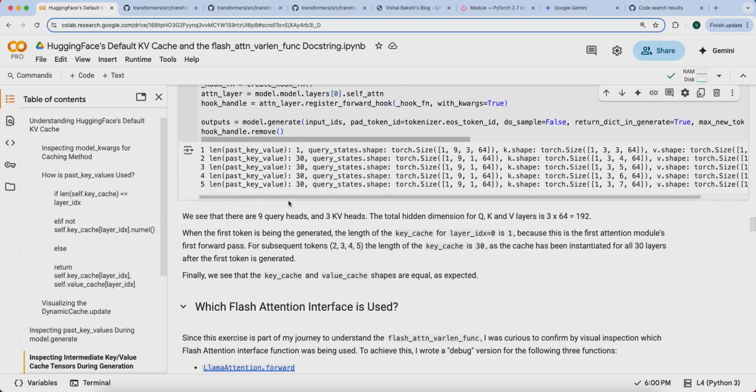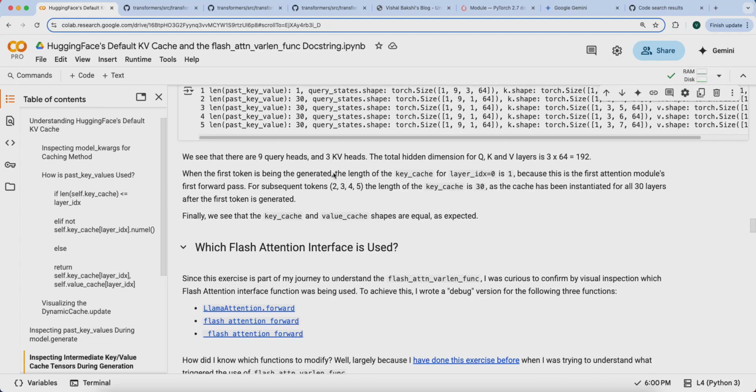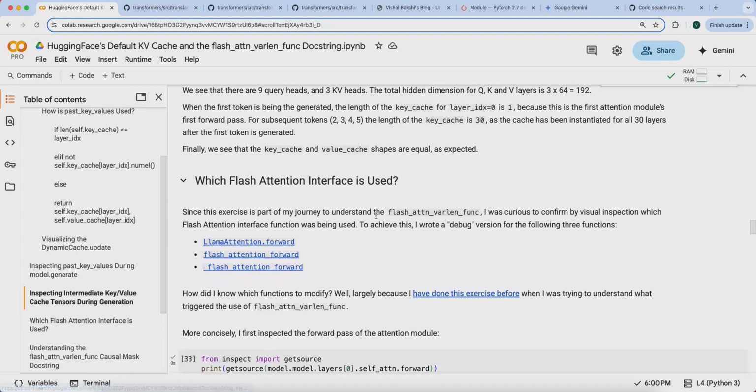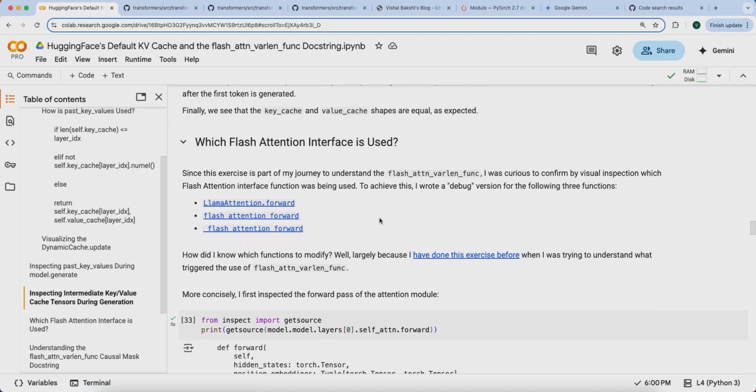Okay, I think that's everything I wanted to do for that. All right, the last thing, so while we're here, I want to understand which flash attention interface is being used